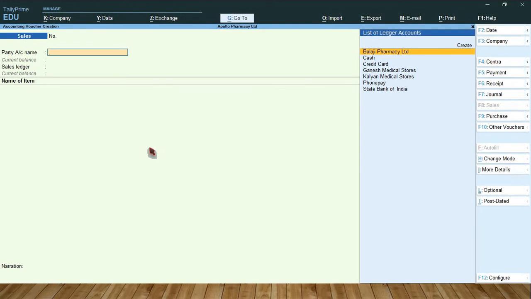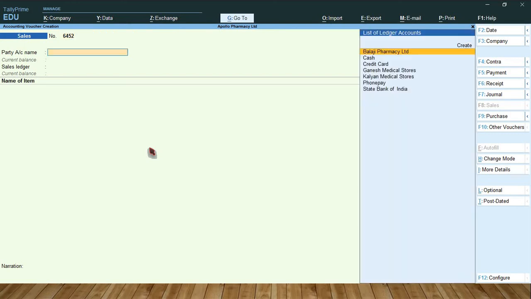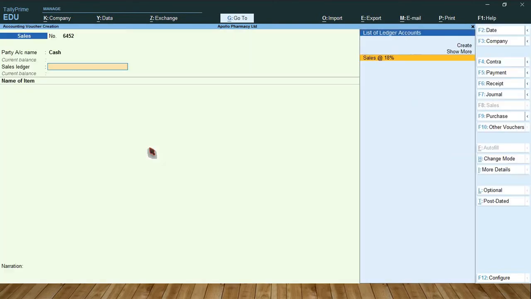Okay, and enter two more sales entries for cash, PhonePe and credit card. Okay, so type invoice number, select cash, sales at 18%.